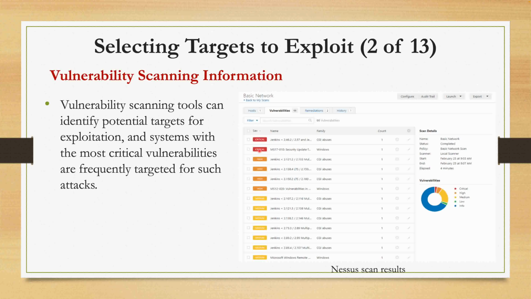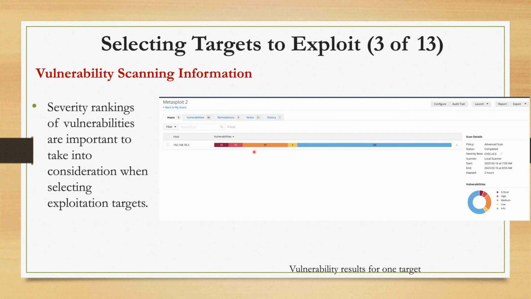Like we have a bunch of targets, the target with the most serious exploitation, that's the one you need to focus on. Now, severity ranking of vulnerabilities is very important consideration when selecting the one. Now, why is this important? Well, because severity ranking for vulnerabilities is critical for resource prioritization, especially when time, tools, and expertise are limited. So, as a pen tester, you must focus on the vulnerabilities that deliver the most significant impact with the minimum